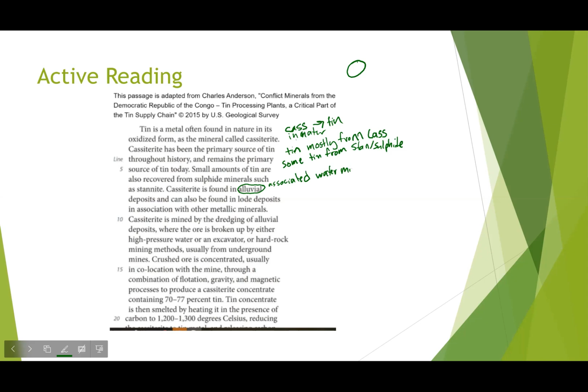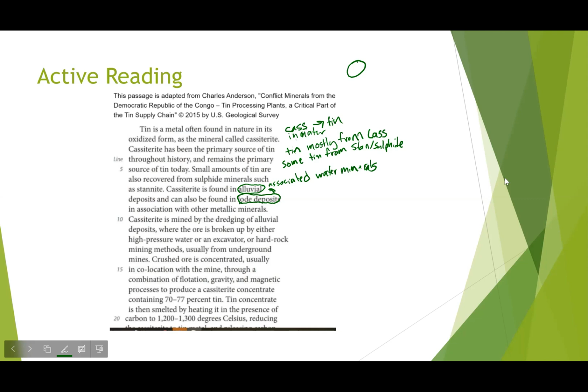That's alluvial. And lode deposits, I looked up, and that was just the result of the water moving through the minerals. And so now moving on, we've got